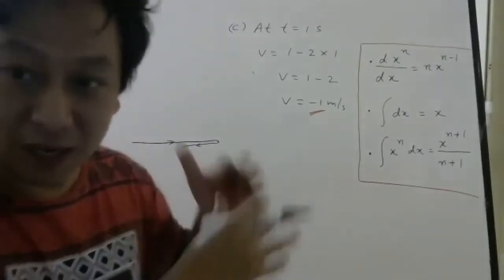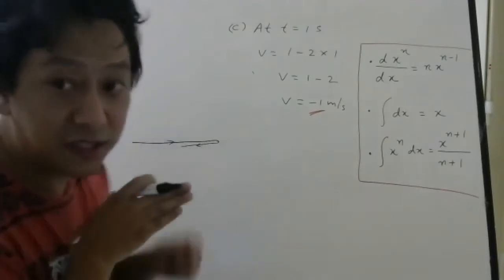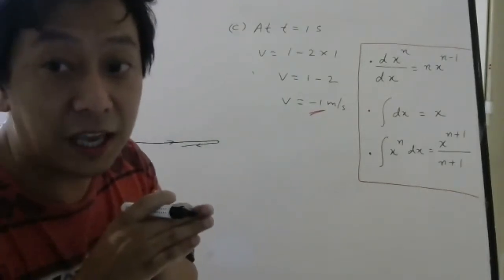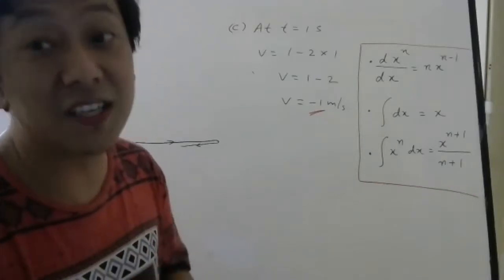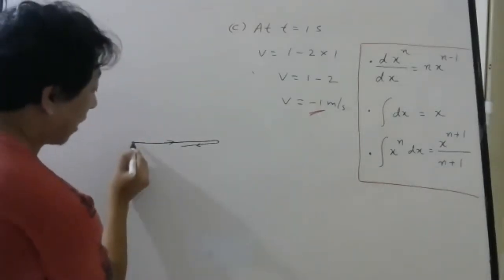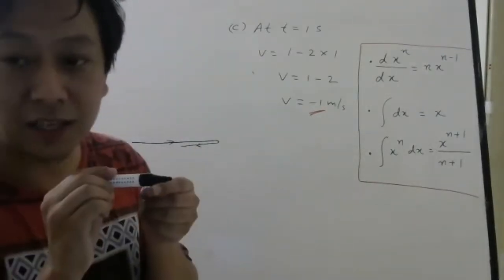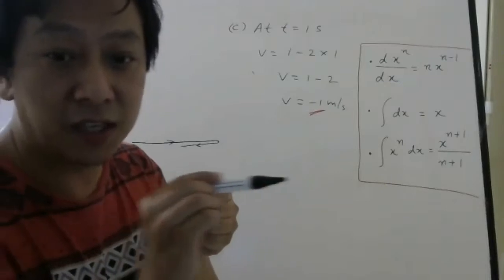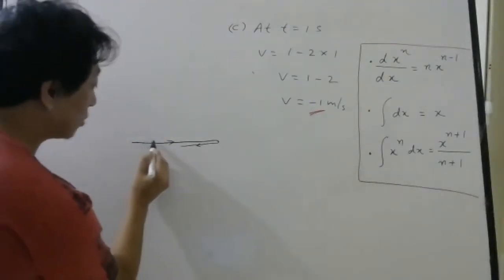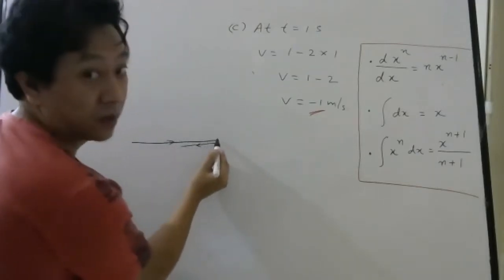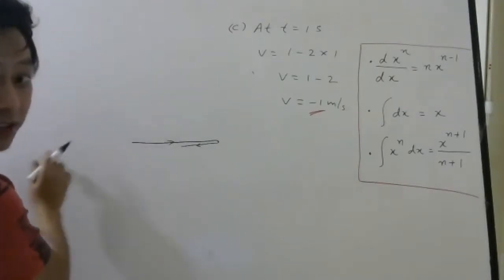Similarly, in this problem that we have solved, the particle is initially going this side. How do I know it is this side? Because its velocity came positive, but the number was decreasing. The speed was decreasing, so it was moving slower and slower. Then it stopped. Then it came this side. Then it is moving faster and faster and faster.